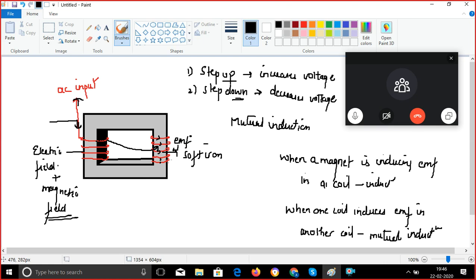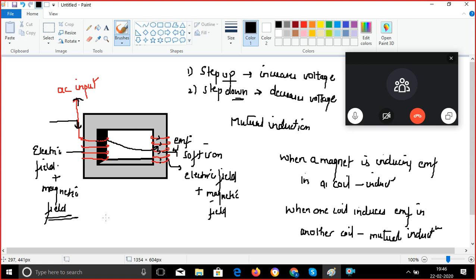This means now it also has an electric field, because current is flowing through this coil, and if it has an electric field, this part also starts behaving as an electromagnet. It has a magnetic field. That means both the sides now have electric field, magnetic field, and they both have electric current. Now see how it actually changes the